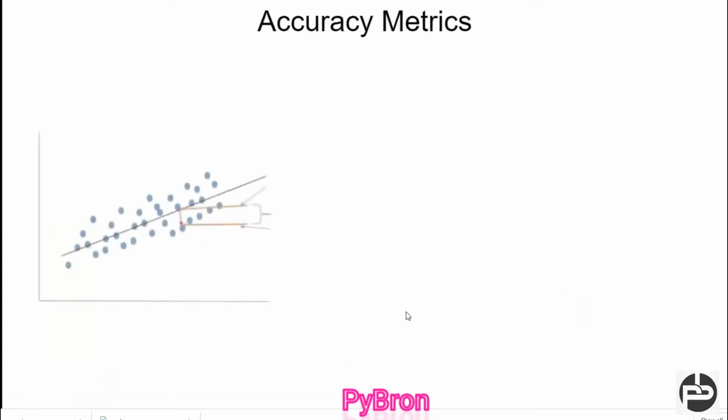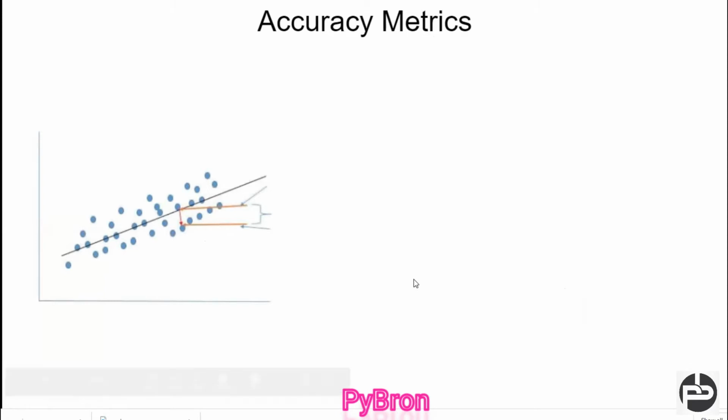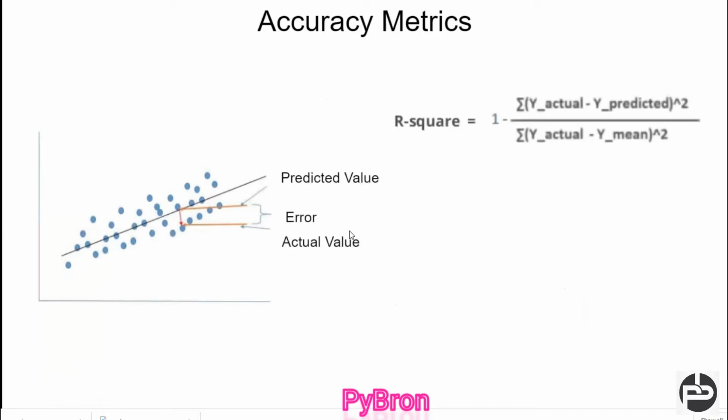We also saw how to check the accuracy of your linear regression, and what parameters to keep in mind so we can determine the accuracy of any regression, whether it is linear, multiple, polynomial, or ridge. We deal with the predicted value, the error value, the actual value, and the R-square value. R-square is very important, as it determines how good your model is.